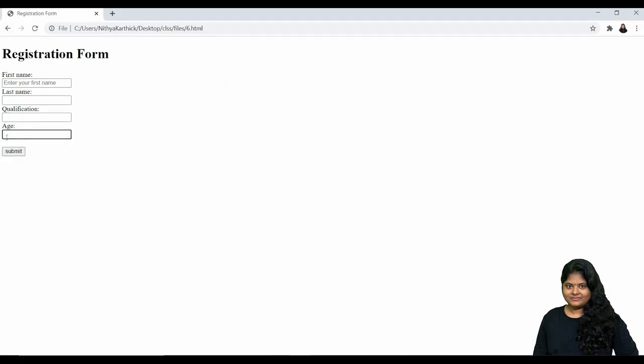See here, age. If I enter all these things but without entering the age and just submit the form, it will show "Please fill out this field." All these things like autocomplete, autofocus, required are available in JavaScript.